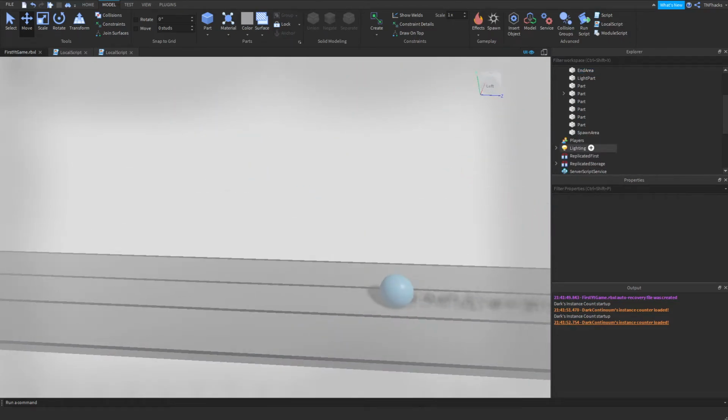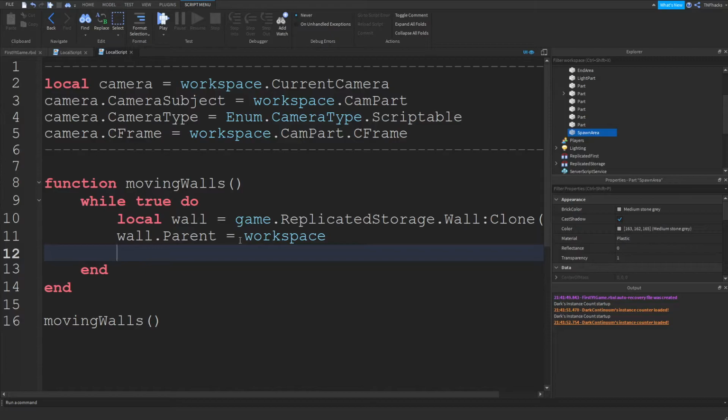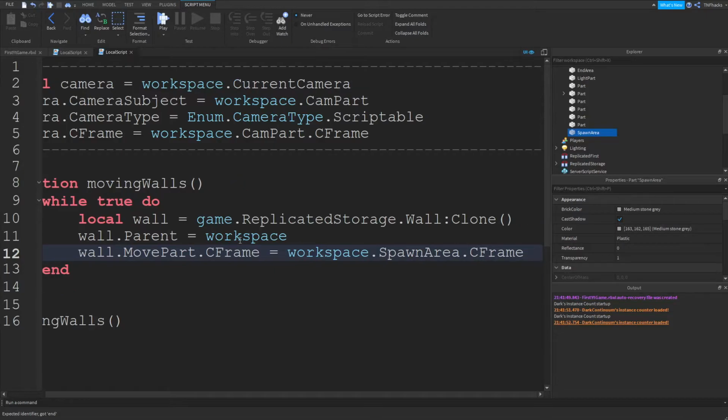Now that is actually quite easy to do. Since our spawn area is known as spawn area, what we do is we say the wall, and then we do move part dot cframe equals workspace dot spawn area dot cframe. Now, why did I do move part and not just wall.cframe? Well, you see,